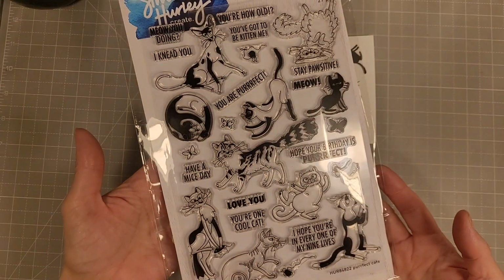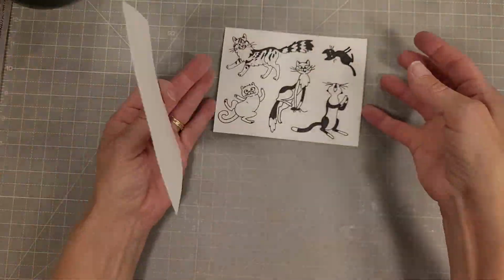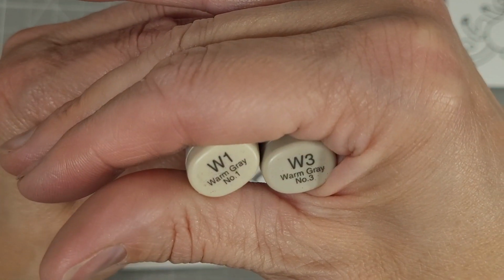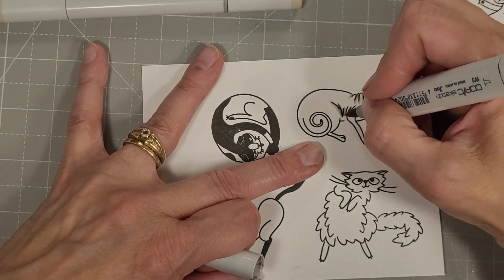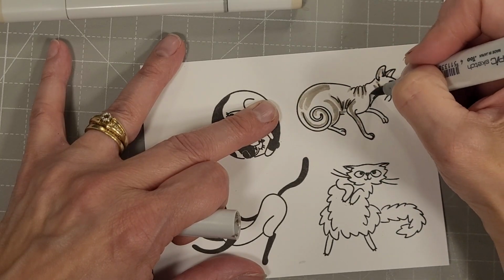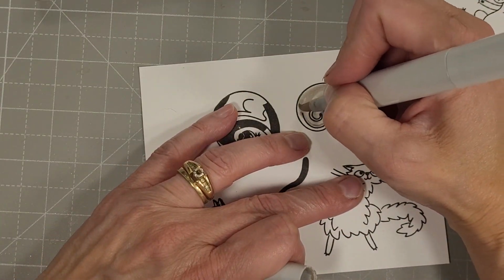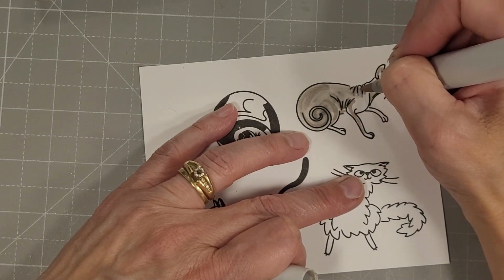This is a large stamp set. I think it's a 6x8, and it has coordinating dies for all of the cats and all of their little play toys. Now I've stamped 10 of the 11 cats in this stamp set. I did go back off screen and stamped the 11th cute little cat because I forgot it and colored it off screen. I'm going to quickly show you how I colored each of these cats,